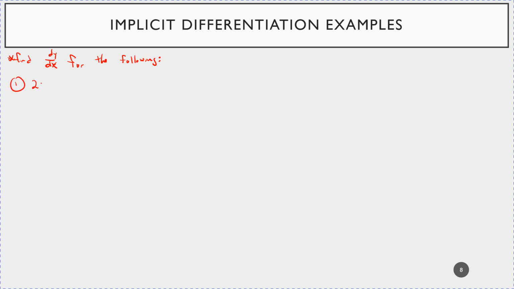Let's look at 2x cubed plus 3y squared is equal to 64. Okay, so we're going to differentiate with respect to x both sides. All right, so let's go through. Bring the 3 down, so this becomes 6x squared plus, bring the 2 down, 6y, and then it's y to the first power. But then remember, you differentiated y, so you get dy/dx is equal to